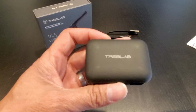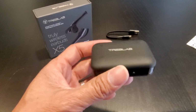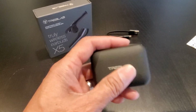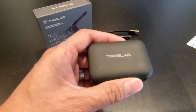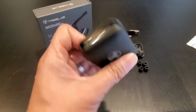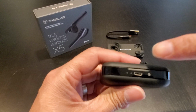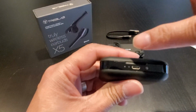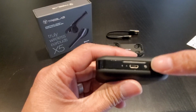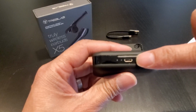The charging case is a flat design, very compact, fit in your pocket nicely, not too bulky. The finish is a matte finish. On top of the lid, the Treblab name brand, and on the bottom you have the Treblab logo. And the case is made out of hard plastic. In front of the case you have the left and right earbuds LED light charging indicator, and on the right you have the LED light charging indicator for the charging case, and in the middle is the micro USB charging